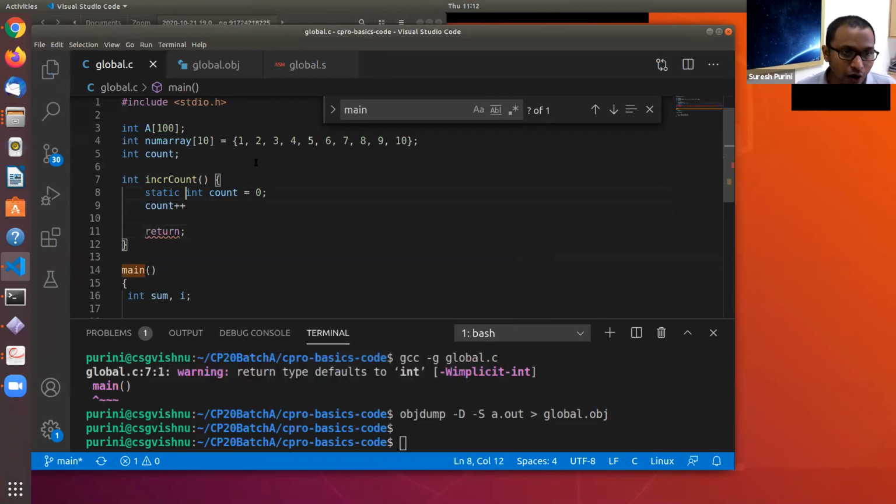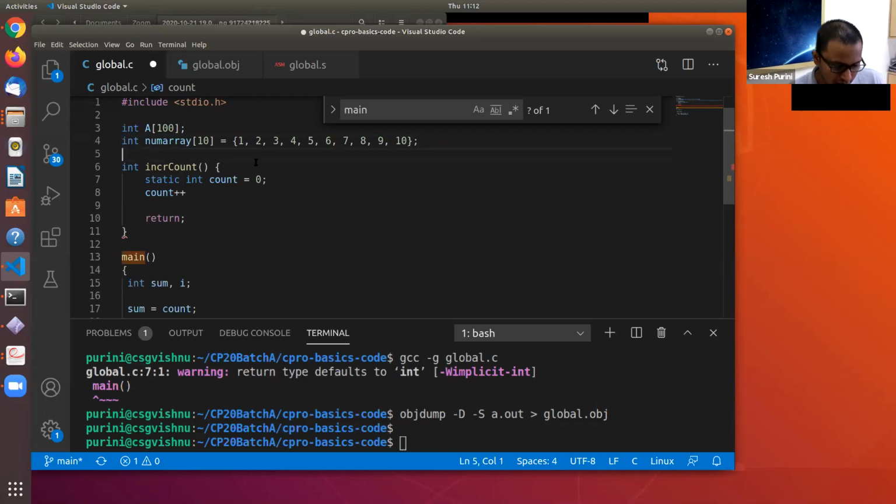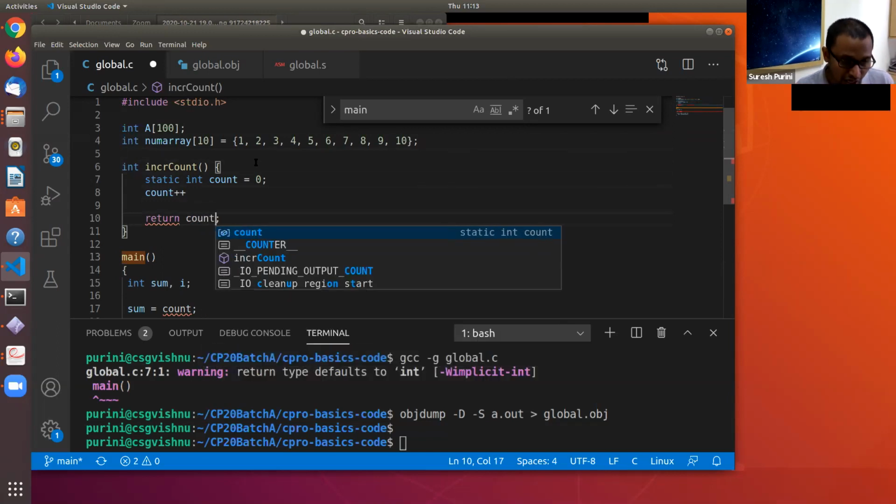Usually, if there is no static qualifier for the count variable, then count is a local variable and its lifetime will be gone as soon as we come out of the increment count function. So this idea of scope and lifetime, I hope you are aware of it. There is a scope and there is a lifetime: the scope of a variable and the lifetime of a variable.